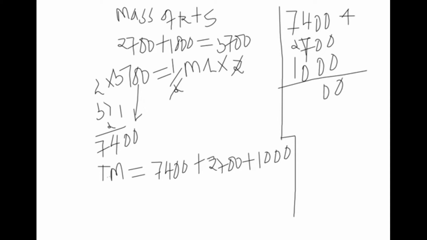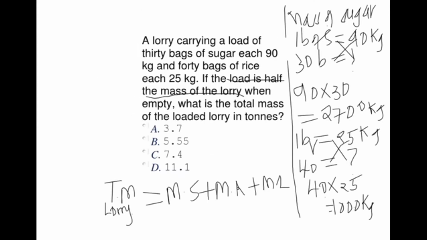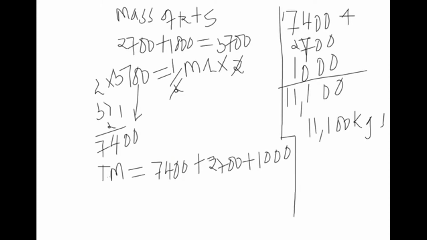7 plus 4 is 11. Carry 1. 7 plus 4 is 11. We carry 1. So we have 7 plus 1 is 8, plus 2 is 10, plus 1 is 11. So we have 11,100 kgs. 11,100 kgs. Then we know that